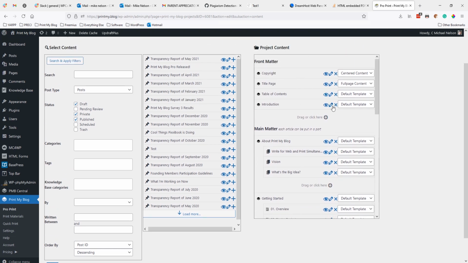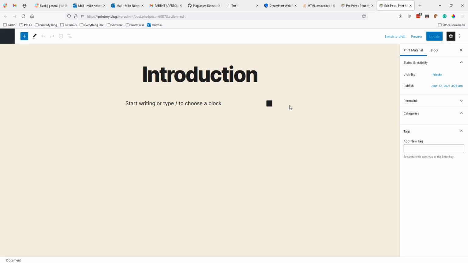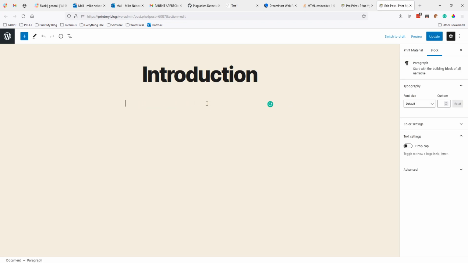I think while I'm here, I will fill out the introduction a little bit. So I can click on the pencil to go and edit it right away. So this is a print material, so this is only going to appear in my book. But here I'm going to write about